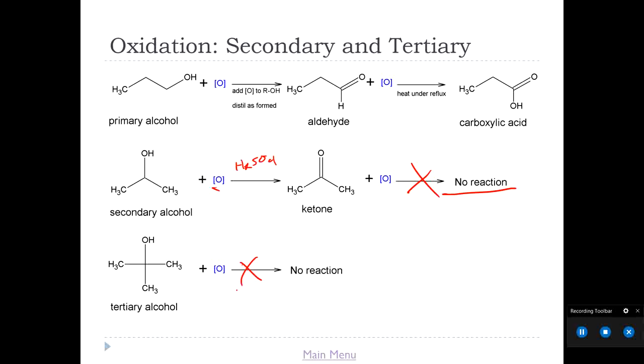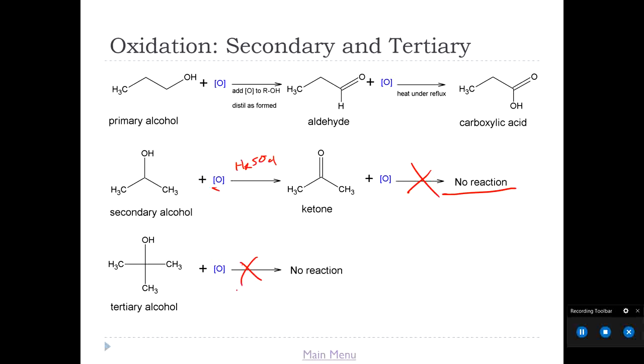By oxidizing it, you can actually distinguish, because tertiary, no reaction will happen, which means the oxidizer will stay its orange color. Primary or secondary will both oxidize, and the oxidizer will change from orange to green. Okay, so this is a summary here on this page of all of the different alcohol oxidation reactions, so primary,